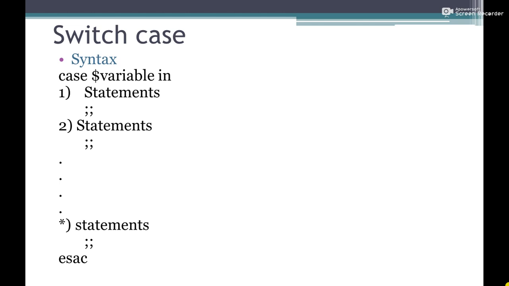And the first statement means the first case displays one message, then case 2 displays a different message. How many cases we want to create depends upon us. As you see, the statement after that ends in two semicolons. The two semicolons are to exit from the case. Means when we have entered into that case and want to exit from it, the two semicolons will be used to exit from the case.